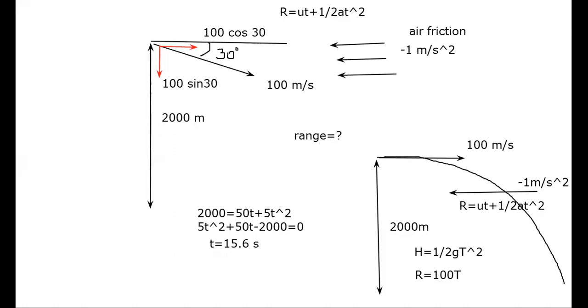Anant, you want to ask something? Yes, sir. I understood the part you got 100 sine 30 and 100 cos 30. Then I didn't understand how you got that quadratic equation. Applying the formula S = ut plus half at square. So a is 10, so half into 10 will be 5. And it will be positive, because my motion is downward. If motion is downward with the gravity, acceleration is taken as positive.